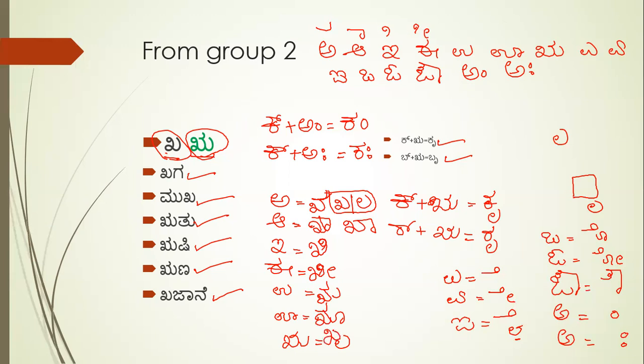Then it is kru. Then it is ke. Then it is kee. Then it is kai. See what I'm adding here? Then it is ko, like this, right? Then it is big ko. Then it is kau. Then it is kam. Then it is kaha. Hope you understood this. And this is how you can learn this writing properly and quickly.